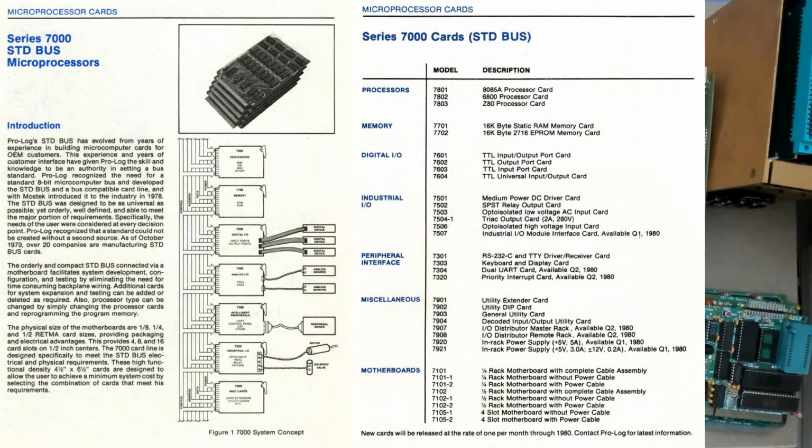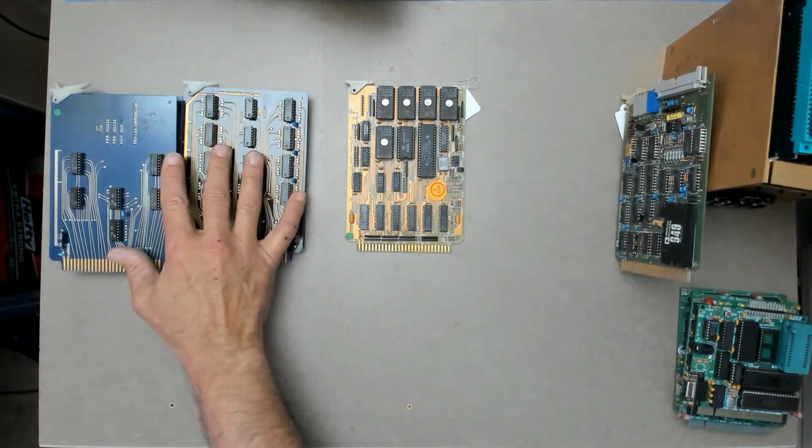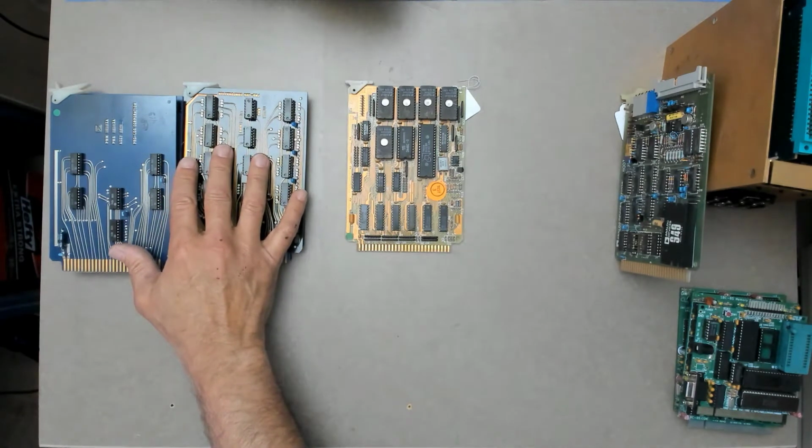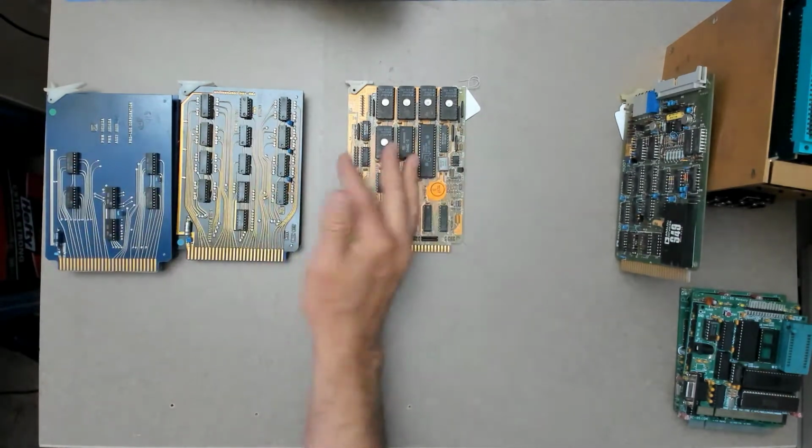Now, Prolog branded their STD bus cards as the 7000 series. So while the 4004 and the 4040 were the 4000 series, and the 8000 was for the 8-bit processors, the STD bus was going to be branded as the 7000 series. And quickly this became their primary board line. The PLS 400, 800 series, as well as the related 4000 and 8000 series, would all be phased out and discontinued by Prolog in 1984. So after 1984, all of these boards were gone and everything was based on the STD.